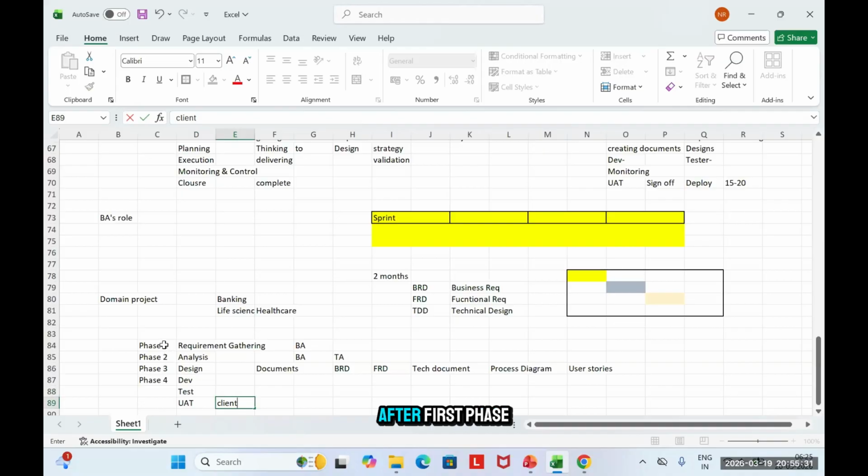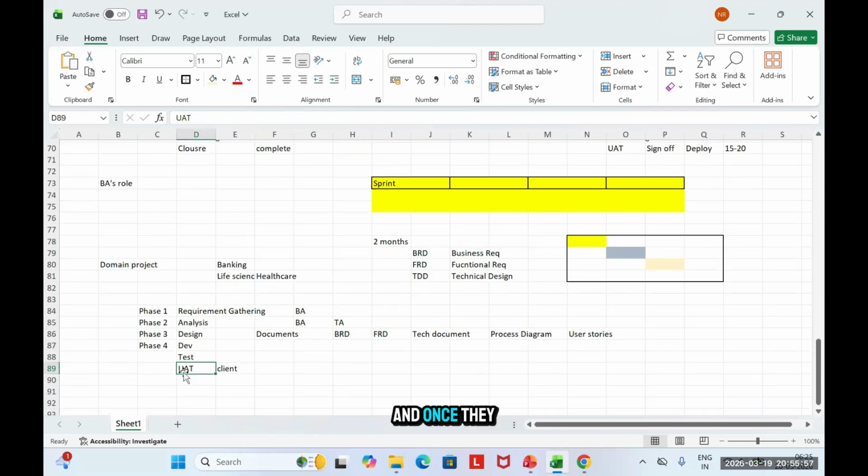From here onwards, after phase 3, my work is reduced. In development, testing, and UAT, I work more like a coordinator. BA will be coordinating things. In case developers or testers are stuck somewhere and not able to understand the functionality, BA will help them with that functionality. And then in UAT, you will have a session with the client, and they will be testing your product. Once they have tested, my next part is deployment. Deployment means we will make our product live.